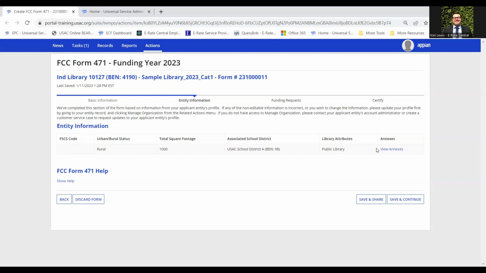If your library has any annexes, you can click on View Annexes here. If you have a library system that has multiple child entity library branches under that system, this line here should only show the primary entity. So the name of the library system itself. When you click on Save and Continue,